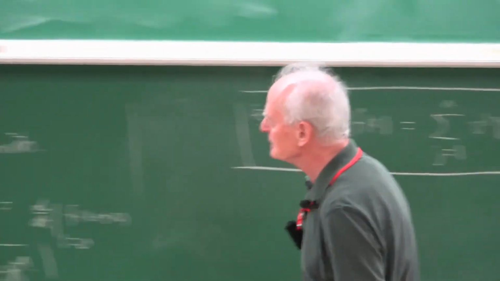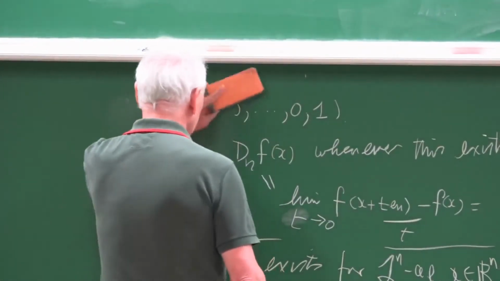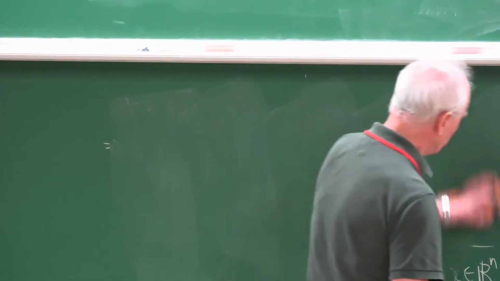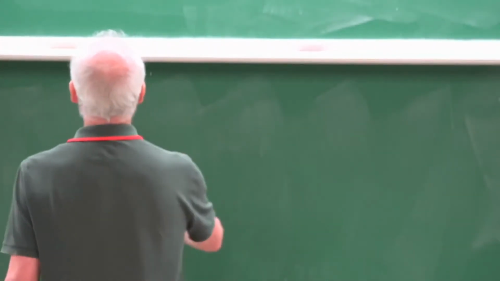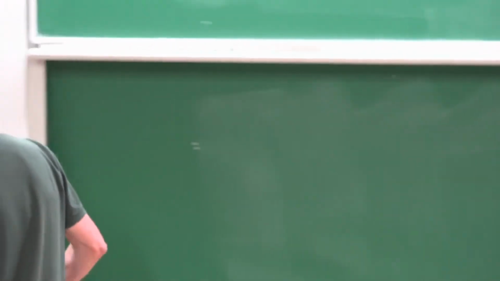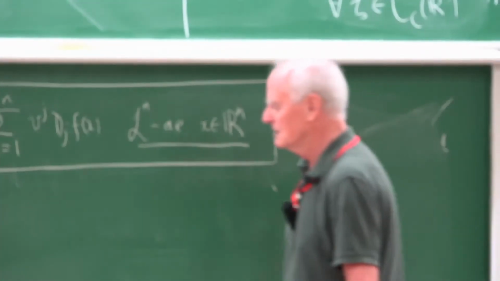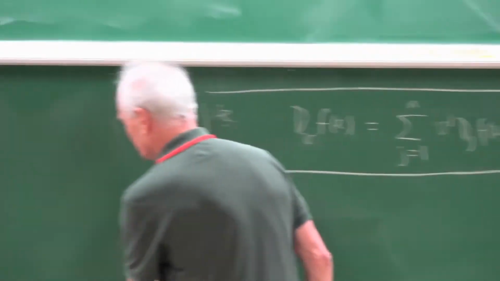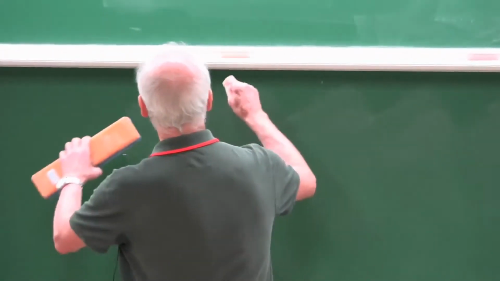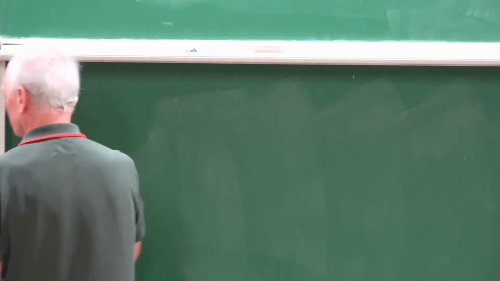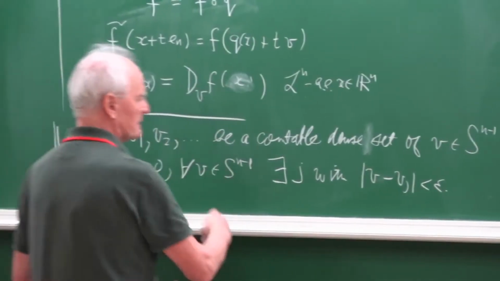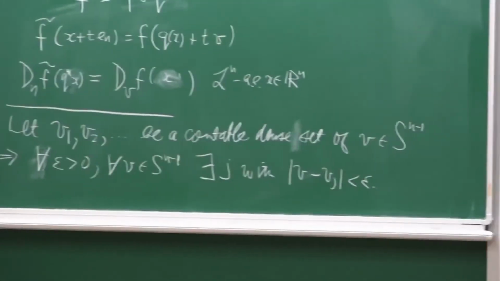Now we're almost finished. So we've got this countable dense set of vj's where we have this difference quotient going to 0. Here they are here. And we've now got this additional formula that works for ln almost every x in Rn. So now, for every j, I'm going to consider these vj's again, this countable dense set. So let Aj